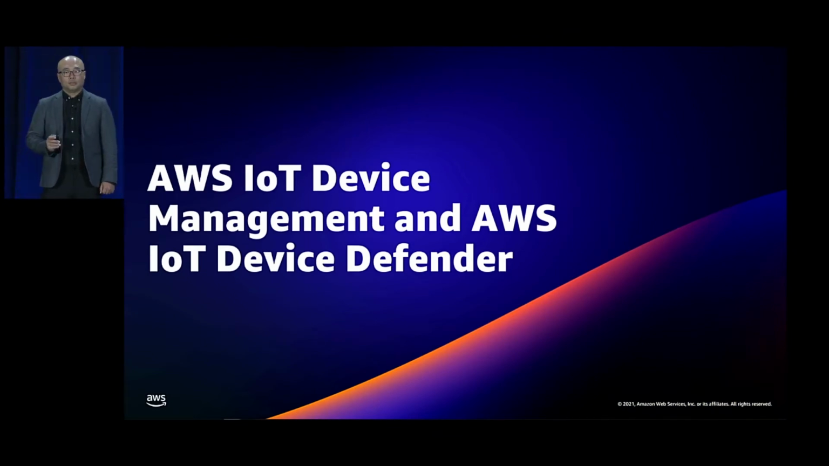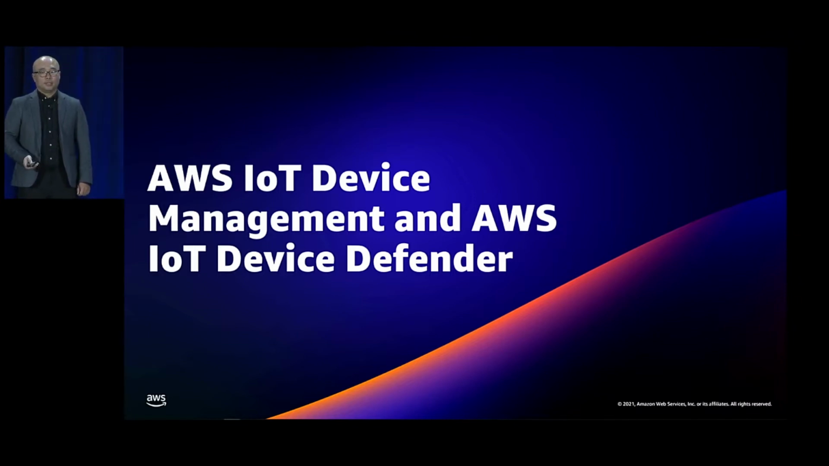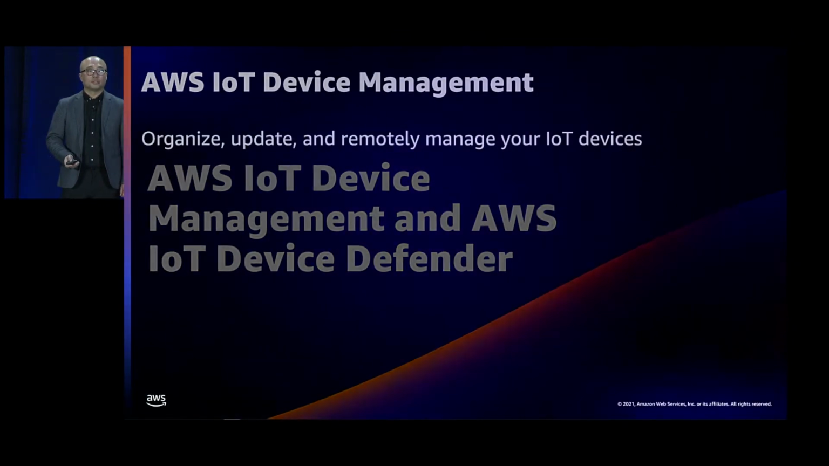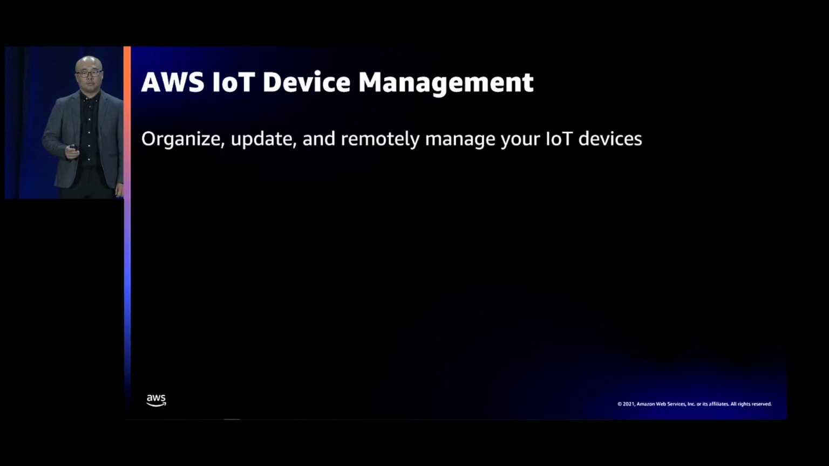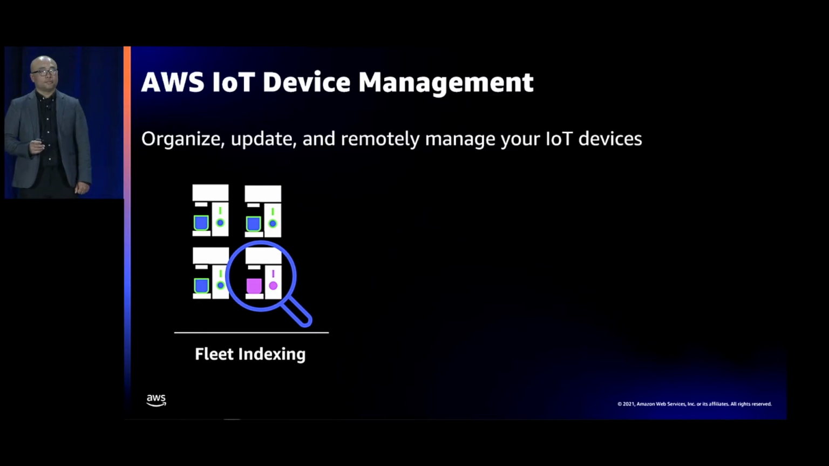As your fleet continues to grow in size and complexity, AWS IoT Device Management and Device Defender can help you organize your devices, monitor fleet-wide state, manage the device lifecycle, and remotely troubleshoot any issues. AWS IoT Device Management comprises three key components to provide you the ability to organize, update, and access these devices remotely for troubleshooting. So with fleet indexing, you can index